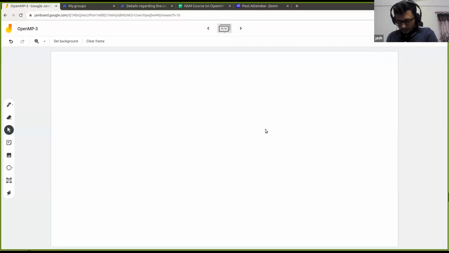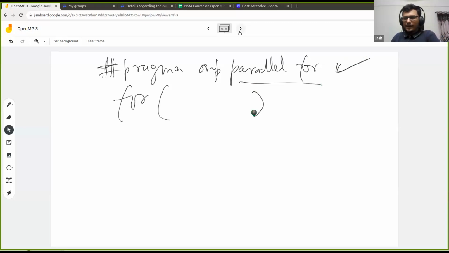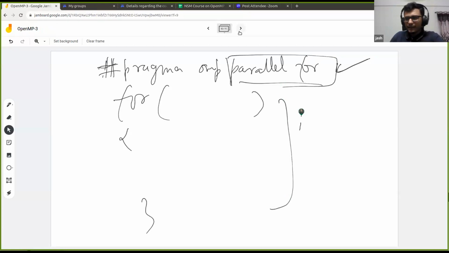So far we saw that using #pragma omp parallel for followed by a for loop, whichever loop follows will be parallelized by OpenMP. Essentially, this parallel for is a work sharing construct, so the iterations of this loop will be divided among the threads.